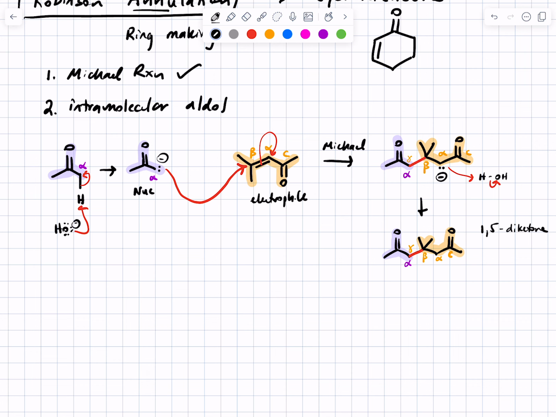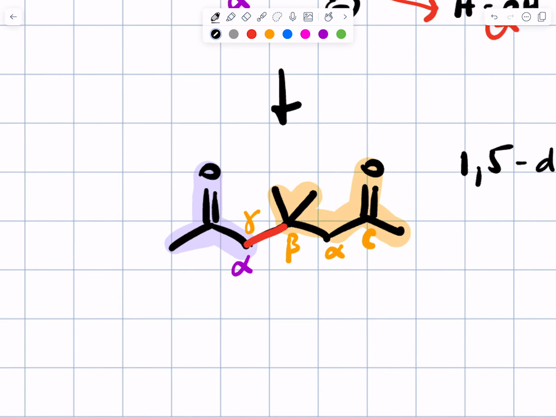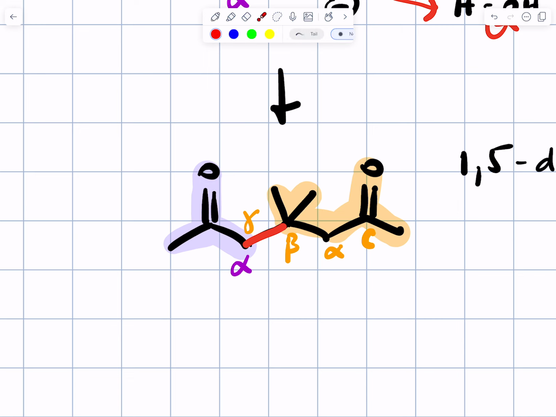Okay, now it just so happens that this Michael reaction product is symmetrical. Do you notice that the orange carbonyl carbon is identical to the purple carbonyl carbon? That's just an accident of the choice I made when I drew this as a starting material. It's not going to always be that way, but it happens to be that way here. All right, the next step of the reaction